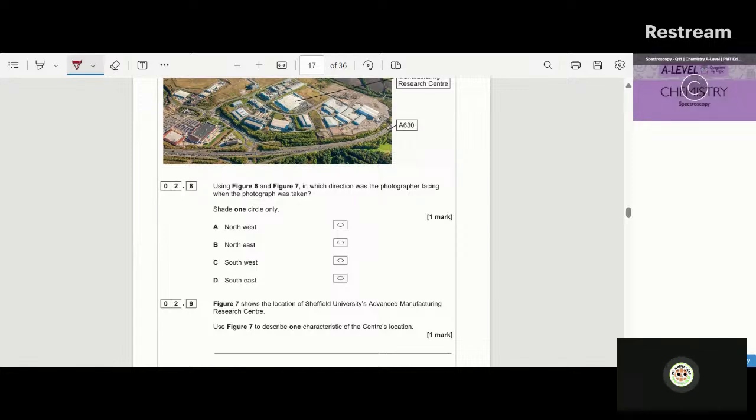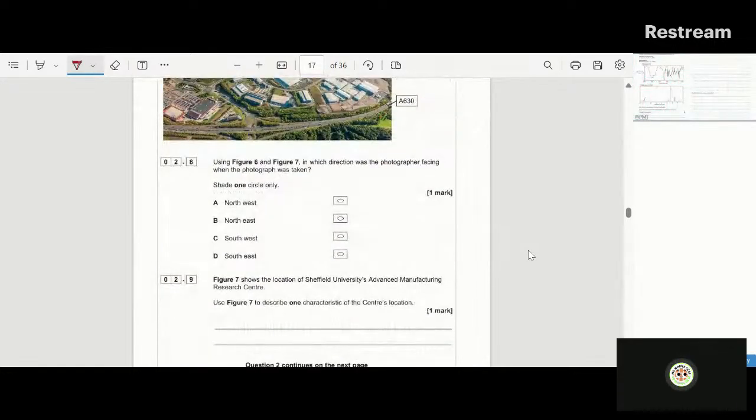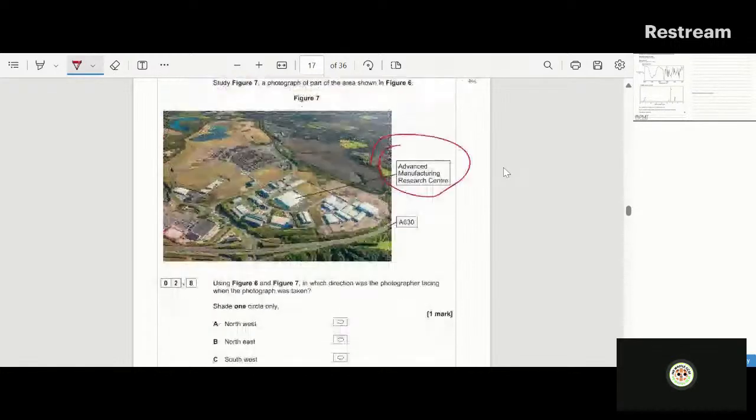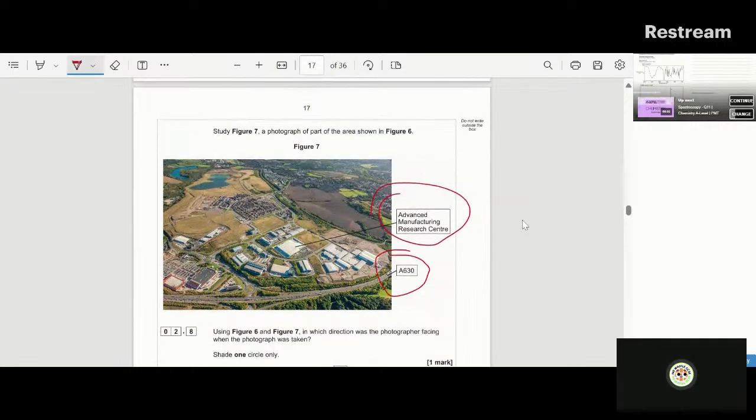So what you want to do is see where the person's standing. So what can we see in the picture? Well, in the picture we can see the Advanced Manufacturing Research Center, and we're seeing which direction the person was facing. So you can see kind of the top of it, and then you can see the A630. So looking at that now in the map,